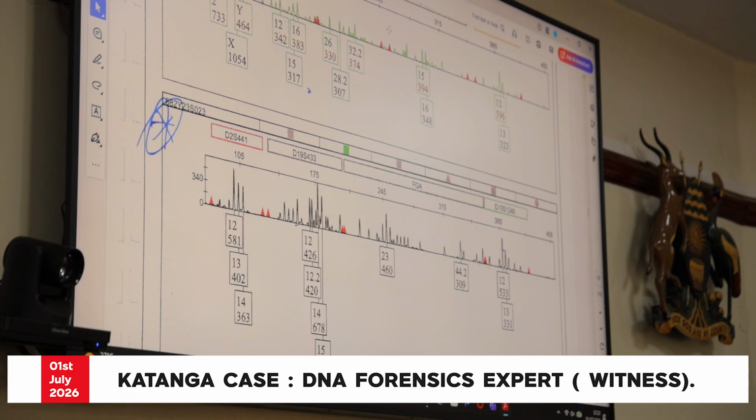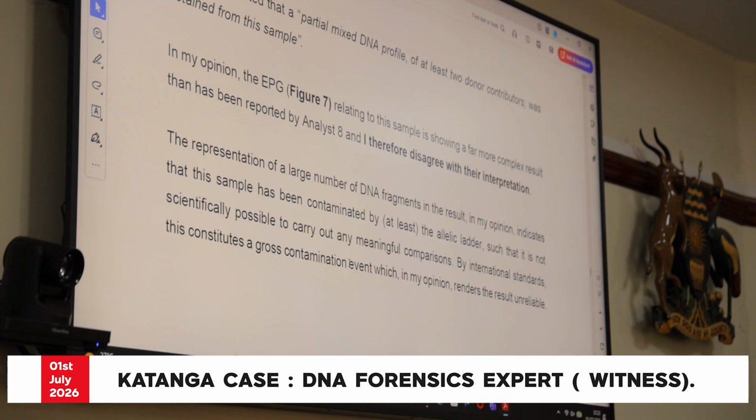Now, how do you describe the presence of the ladder in the sample in your report? In my report, the EPG relating to this sample showing far more complex results that has been reported,